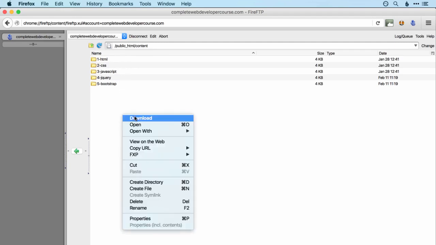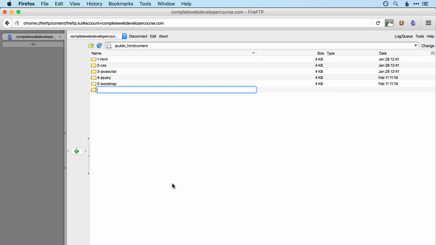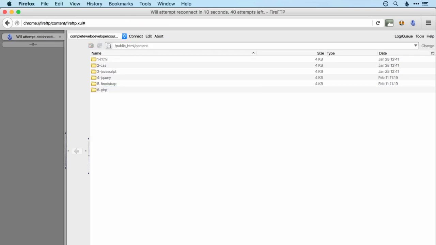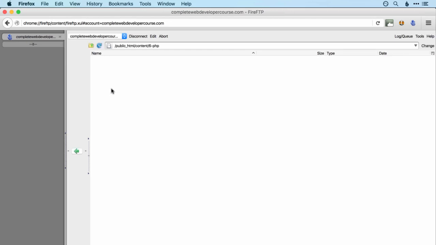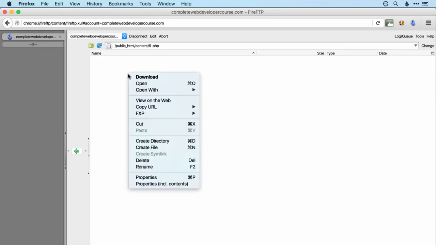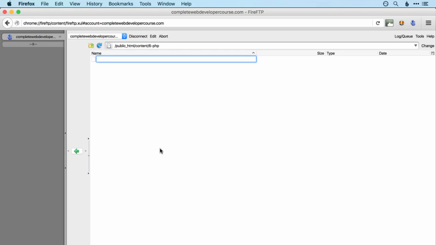So I'm going to create a directory and we'll call this 6-PHP. So our next section, missing out WordPress because we didn't save anything on this section for that. And then I'm going to double click to go into 6-PHP. And then I'm going to create a file and I'm going to call this